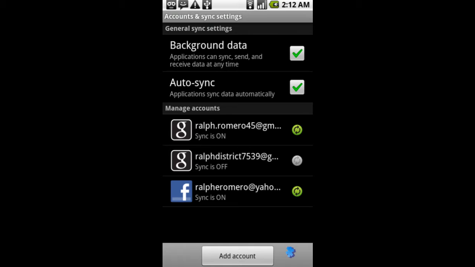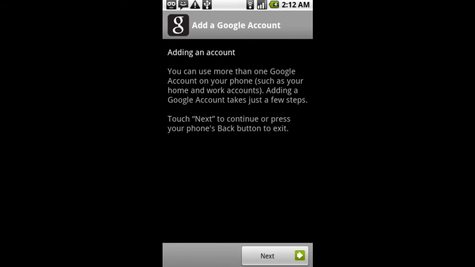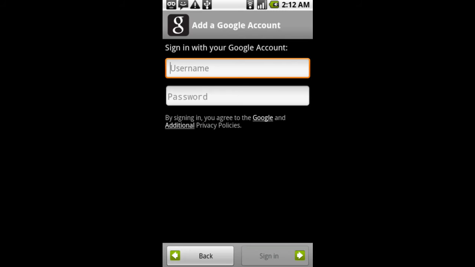If you notice here, we already have some Google accounts set up, so let's create a new one. We're going to select Google, since it's our Google Calendar we're syncing. Brief disclosure here, if you want to read. Then we're going to click on the Next tab. Since we already have a Google account created, we're going to click on the Sign In link. Once that loads, we're going to type in our personal email address here, as well as